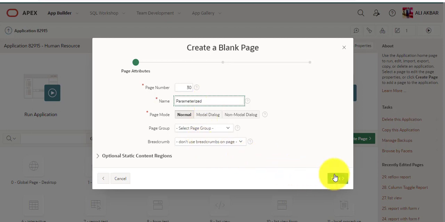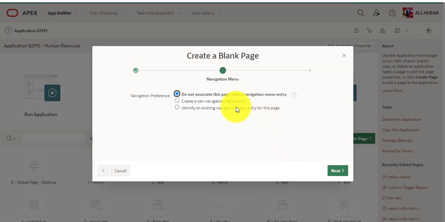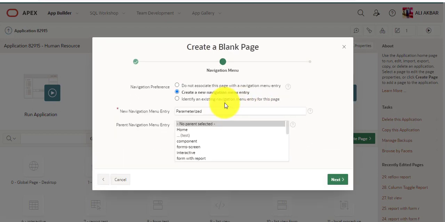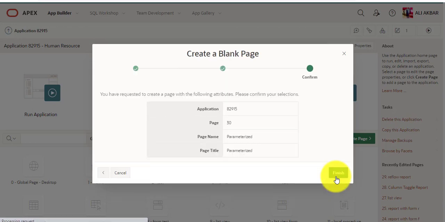Just press next. Assigning navigation menu, Parameterized report. This name would be showing in the navigation menu. Pressing next.